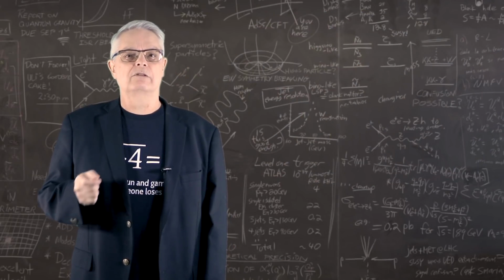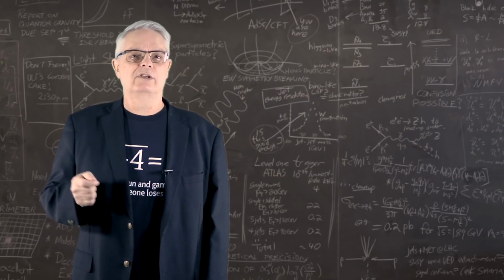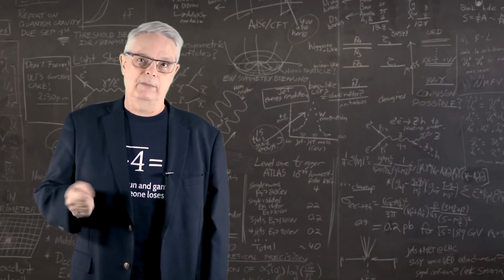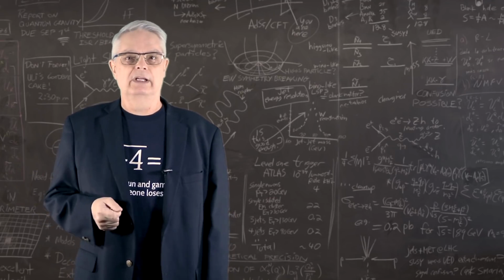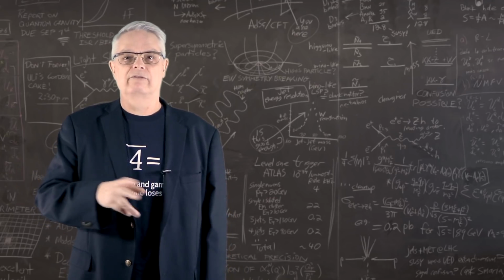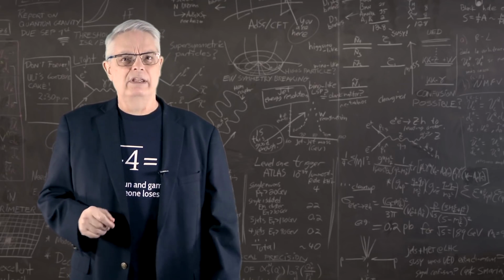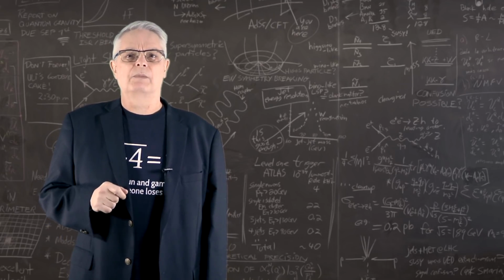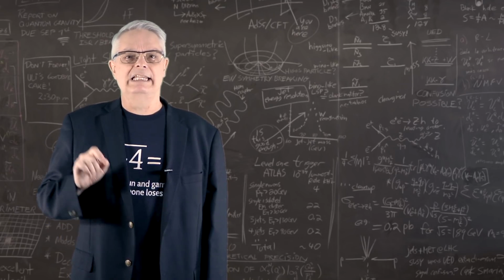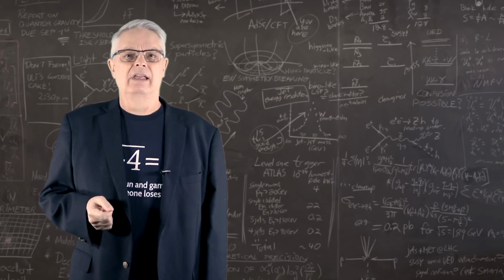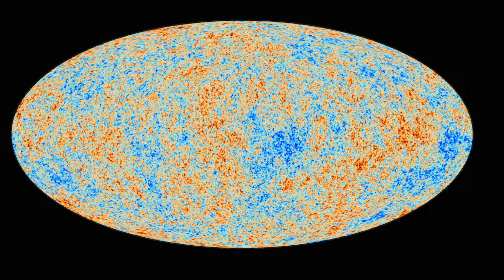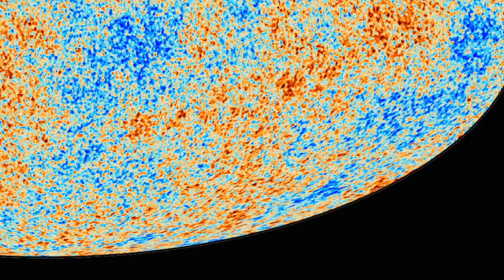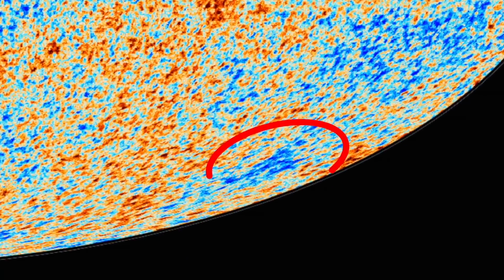Remember that the temperature of deep space is about 450 degrees Fahrenheit below zero for my American viewers, negative 270 centigrade for most everyone else, and 2.7 Kelvin for the scientists. And it's very uniform. Those red and blue spots only differ by about 18 microkelvin up and down. They are really very small variations. However, there is one spot that is very puzzling, and it's called the cosmic cold spot.